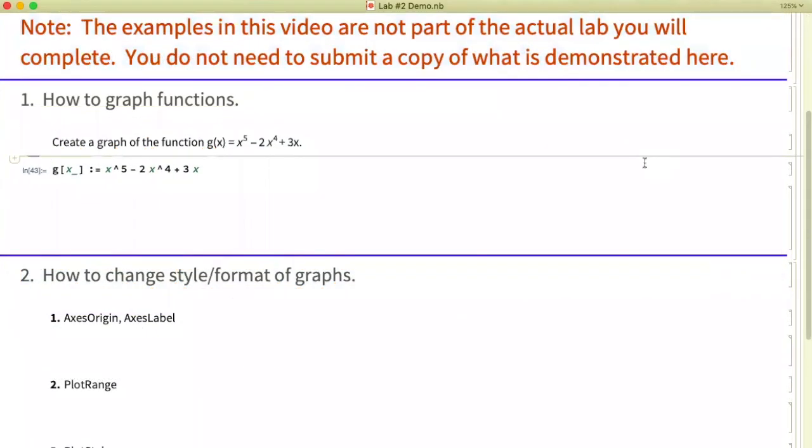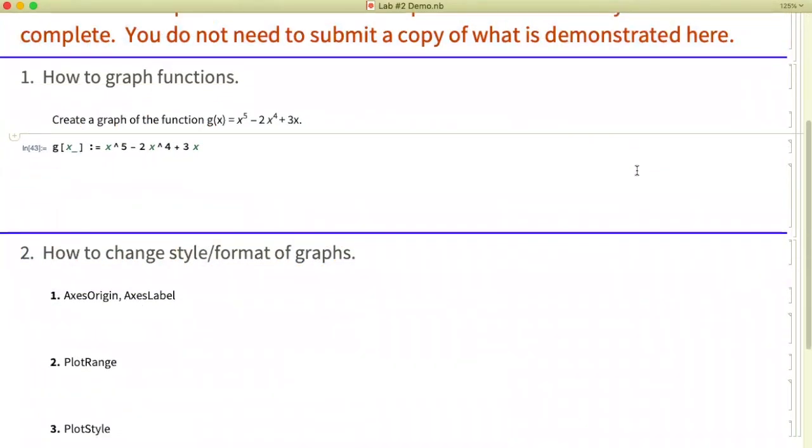All right, so first thing we're going to cover today is how to graph functions. So here I've got a problem that says create a graph of the function g of x equals x to the fifth minus 2x to the fourth plus 3x. And hopefully you have watched the lab 1 video and completed lab 1, and that's where we discussed how to enter functions into Mathematica. So you can see I have set that up, and I'm just going to go ahead